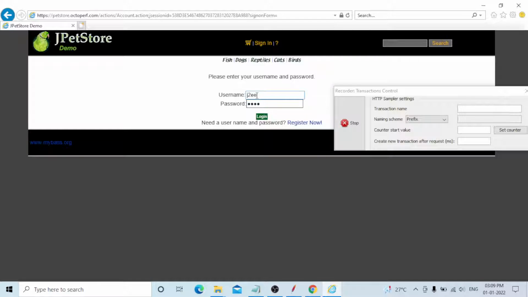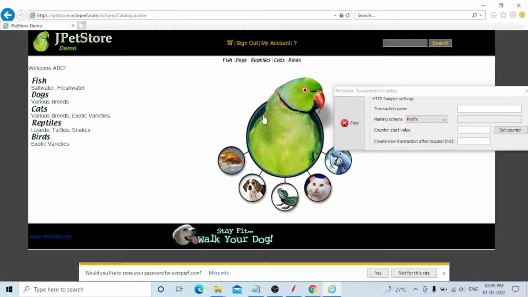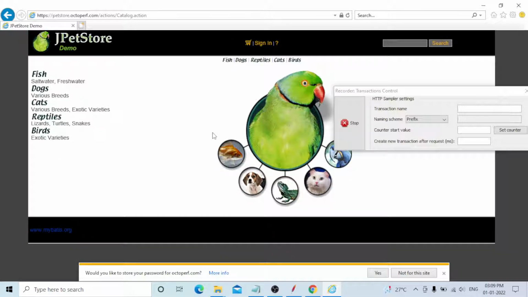Then click on login. Yes, it's logged in and the main home page opens. It only opens the main home page. Okay, it's done. You need to sign out. This is only the login flow. Everything is done, and you can stop.